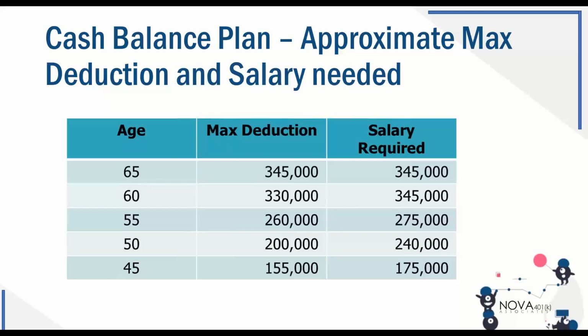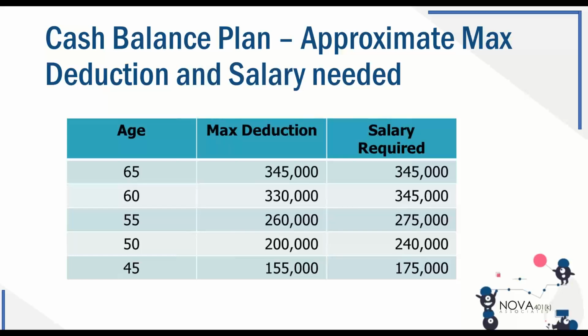Another chart that's got the big numbers in it is the maximum annual deduction that could be taken. So a 65-year-old sets up a plan that's as big as it can be. They could be deducting $345,000 a year. And this is just the first year. A lot of times in year 2, the deductions can be 25 to 50% greater. Of course, they are then pre-funding their benefit. You couldn't overfund it for 10 years. So over 10 years, they could do an average of $345,000 a year.